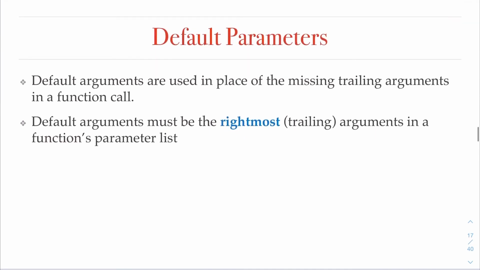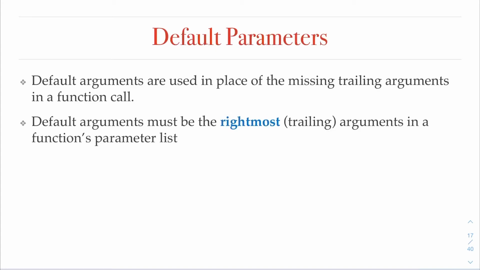When you talk about functions, you also may want to specify some default parameters inside your function. You may recall something that I have demonstrated to you before: remember when I used cin.ignore? I can either use cin.ignore without parameters, or I can use it with some parameters. When I'm using it without parameters, that means I'm using some default parameters. So here the language provides you a way to specify some default parameter values.